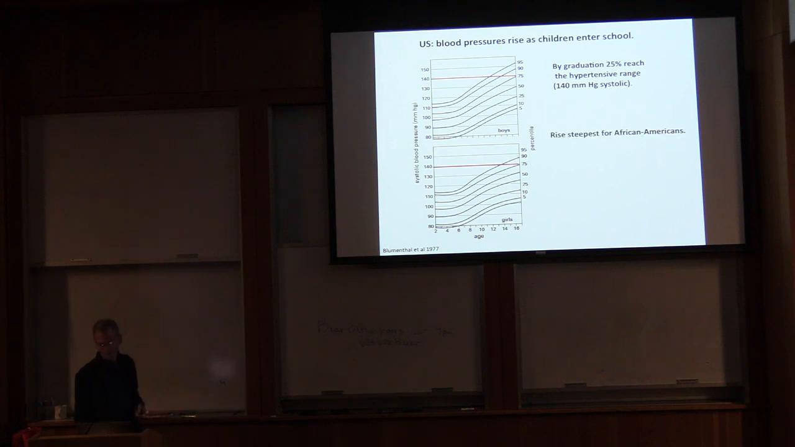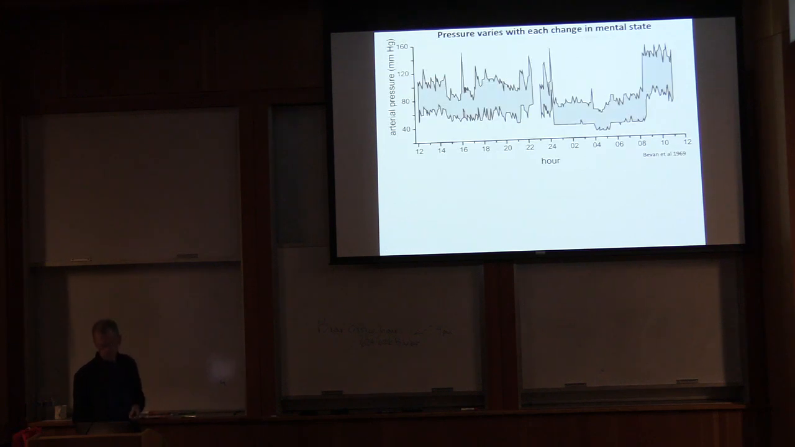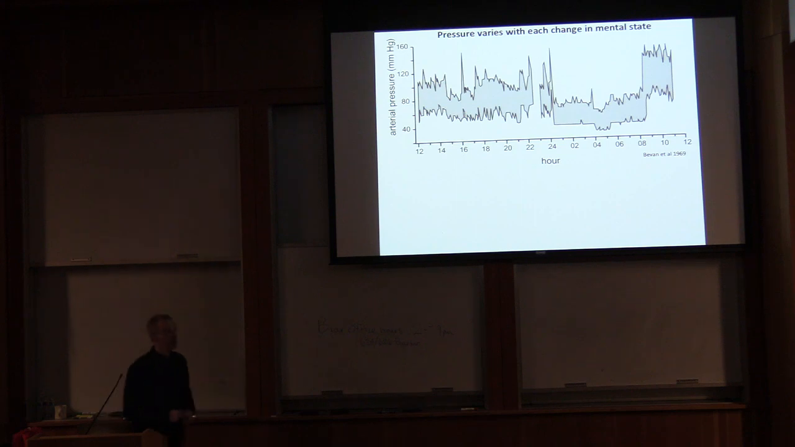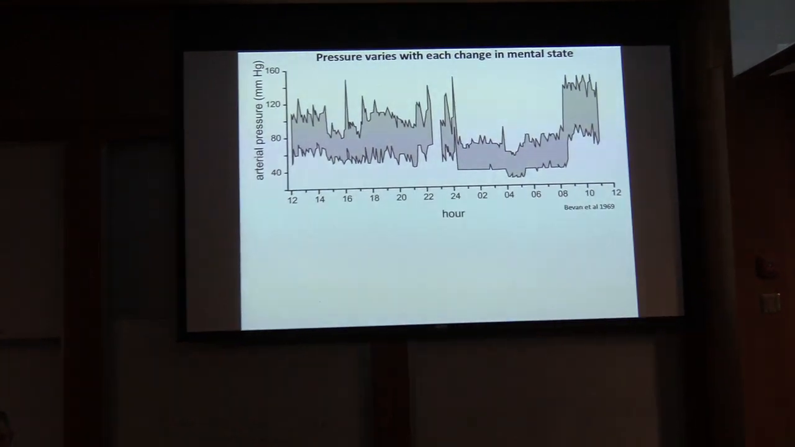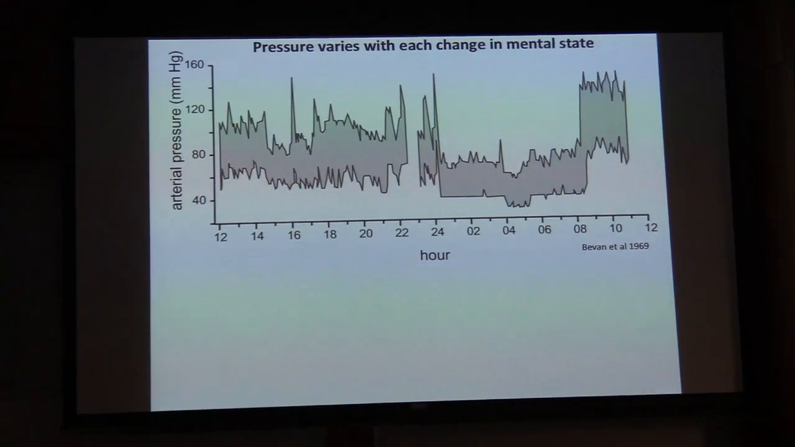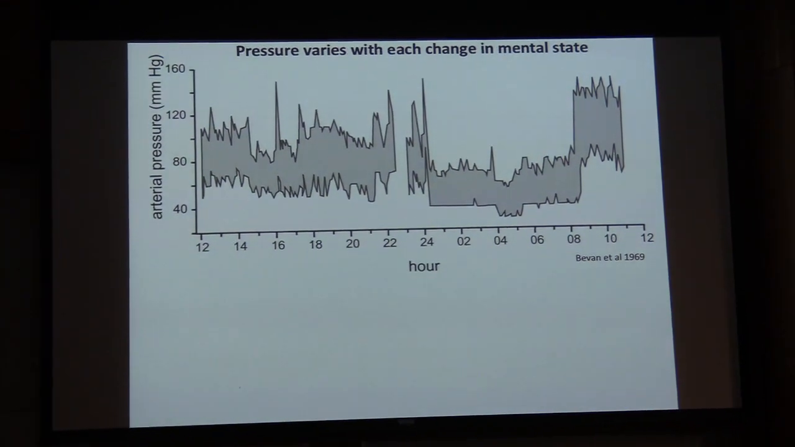Now, this is a 24-hour record of blood pressure. So this is 12 noon, this is midnight, 12 the next day. This is arterial pressure measured by an indwelling arterial catheter. The upper traces are systolic, the lower are diastolic. And what this shows is